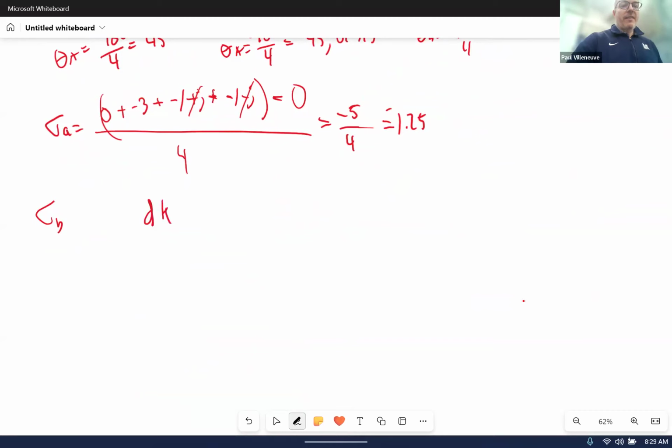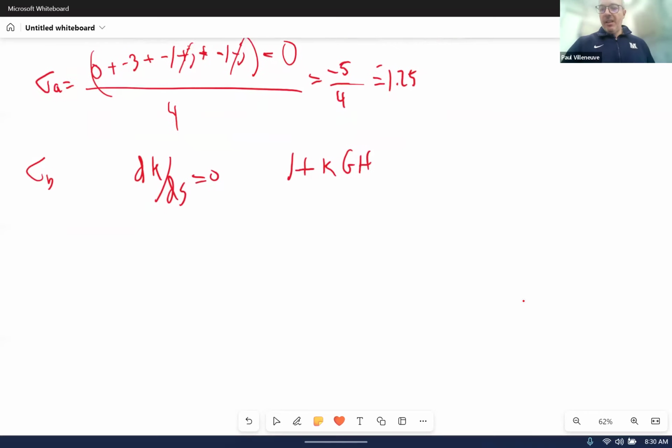Take the derivative of my equation with respect to s and set it equal to 0. What's the equation that I'm taking the derivative of? Well, ultimately, I'm going to solve this equation for K. Why is this being so difficult? It's the equation 1 plus K times GH has to equal 0. So my equation becomes 1 plus K